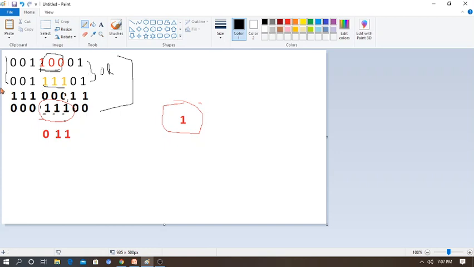Let's go for the AND operation. In an AND operation most of the values will be 0, as it is a Boolean operation. I want to convert these 3 bits, out of 8 bits, to 000. If these 3 bits are 000, the remaining bits are 111 only. I am replacing these 3 bits by 111, these 3 by 001, and these 2 bits by 111. Between these two I can perform the AND operation. First I do the OR operation, and with the first and third bit patterns the AND operation. Now at last we come to the exclusive OR.